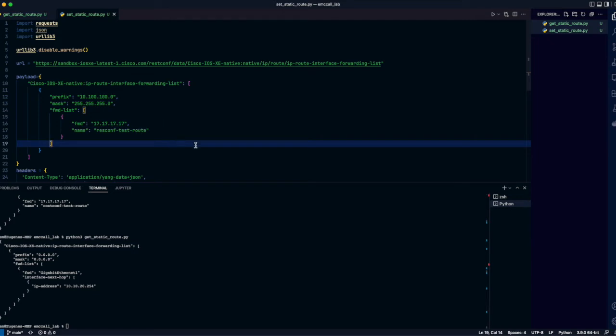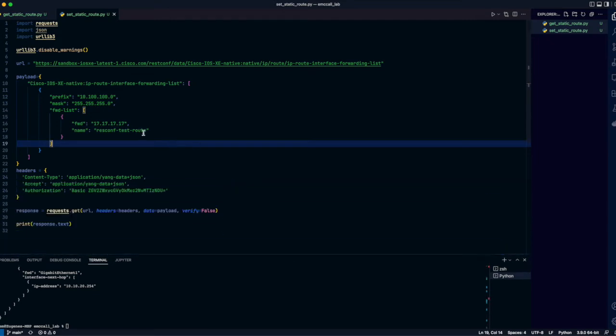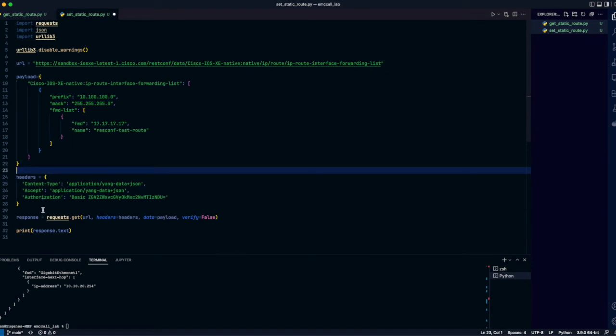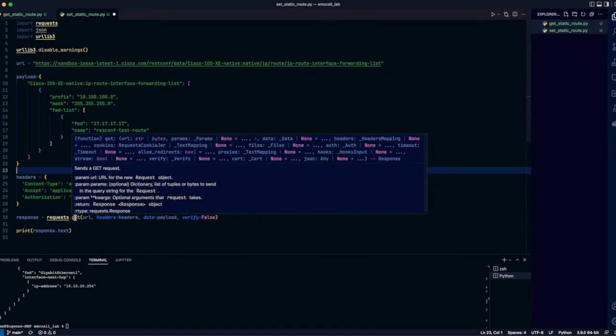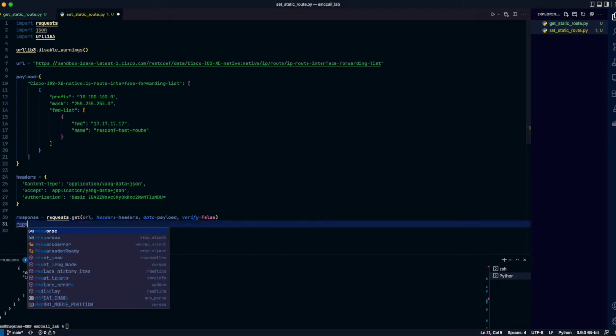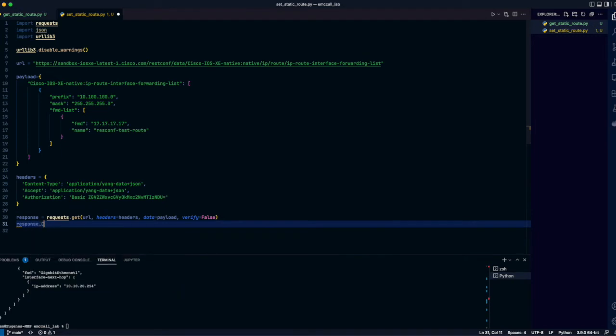Okay, back to our set static route now. All right, we have the data, we have our headers, we have our response and .get, which we'll need to change, of course. And we've got our print statement. I don't really care what the router is going to send back at the moment, so let's go ahead and change this, because what I really care about is to make sure that